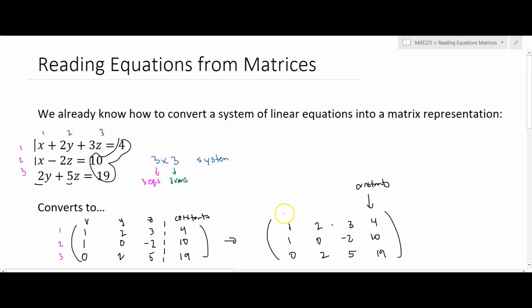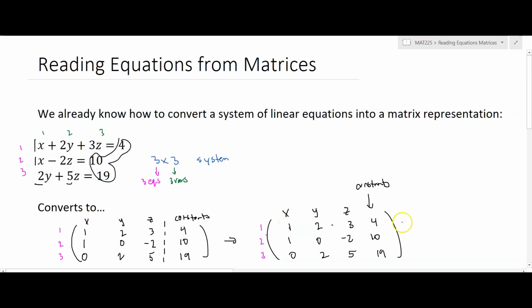You could name them P, Q, and R if you chose. But since we know they're called X, Y, and Z, and this corresponds to the coefficients of X, the coefficients of Y, the coefficients of Z, equals constants, and the rows represent the equations themselves,